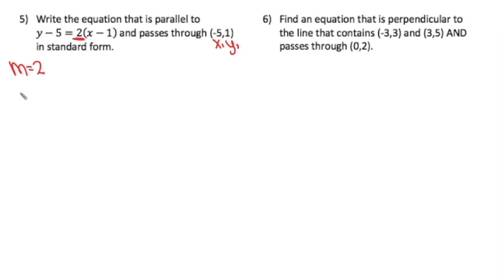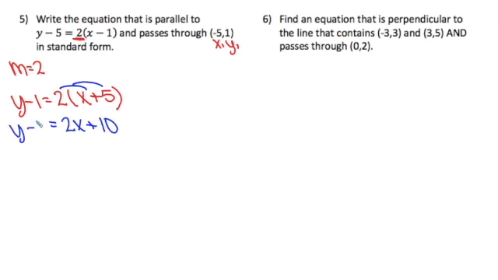x1 and y1. So again, start in point-slope form, so y minus 1 is equal to 2 times x minus negative 5, so that's really plus 5. So now I've got it in point slope. Go ahead and distribute that 2. Cha-ching, cha-ching. So 2x plus 10 equals y minus 1. Go ahead and move that 1 over by adding it. So y is equal to 2x plus 11 is in my slope-intercept form,